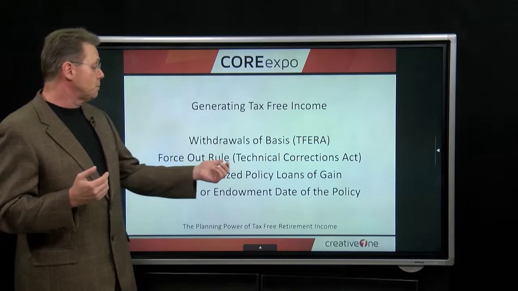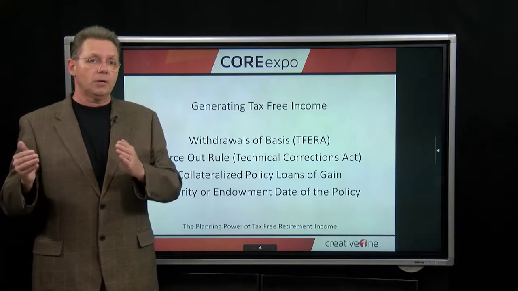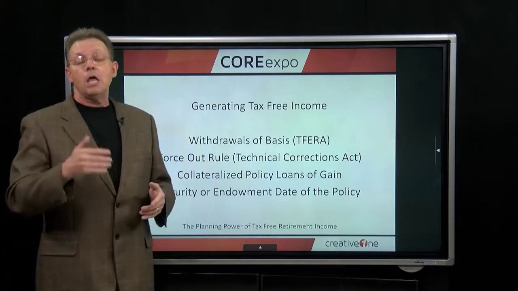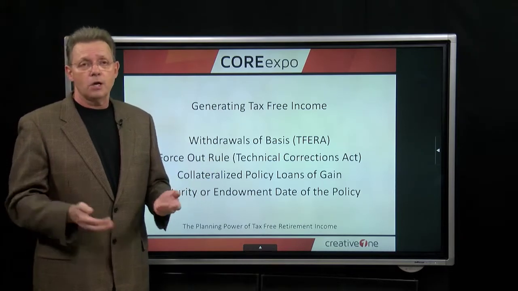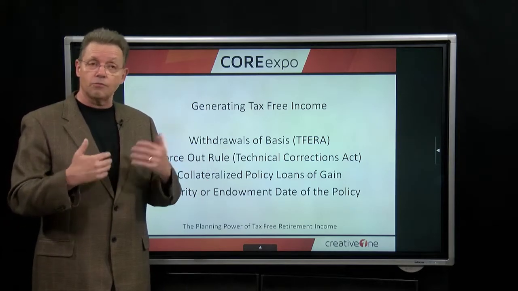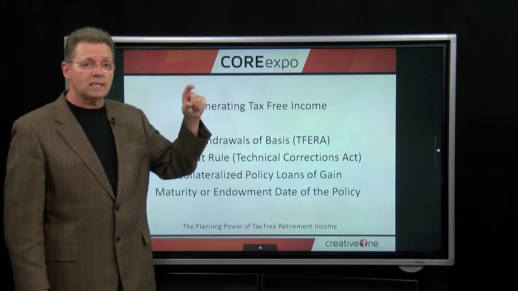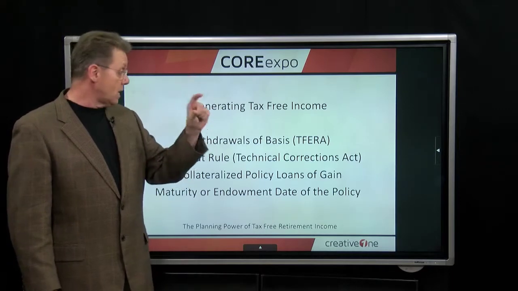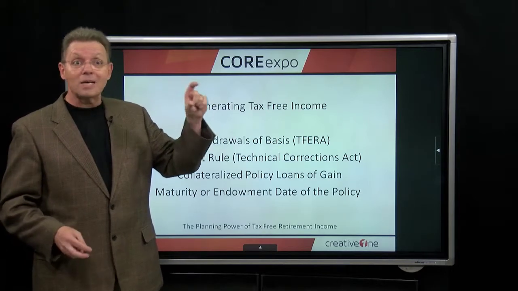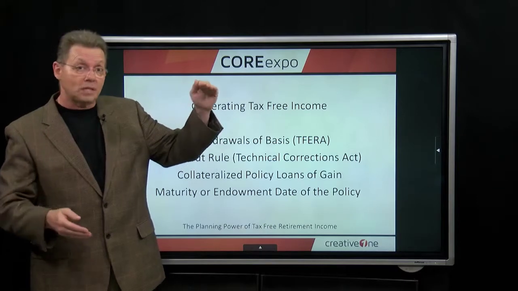Now, collateralized policy loans of gain. Remember, again, you're getting a loan from a contract based on the assets in the policy. It's collateralized directly to the policy. If you ever look at a carrier's front page of their summary sheet of the convention blank, their financial filings they have to do in every state, you'll notice that they'll have policy loans listed as an asset. So they're looking at that. That's an asset because you took a loan, but they have the actual cash assets on it. And if you were to die, they would just take the loan off the top of the death benefit, because